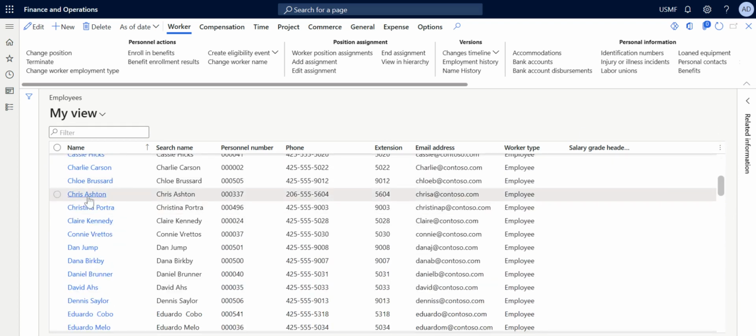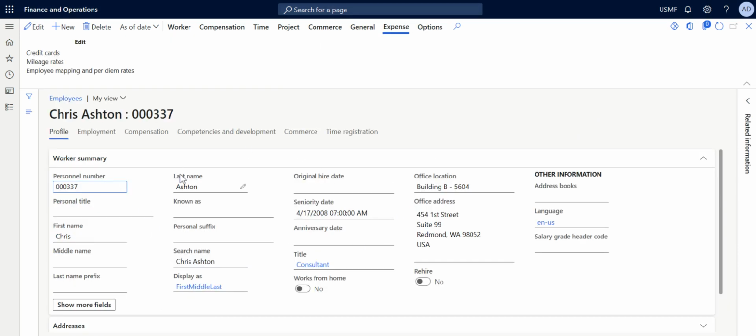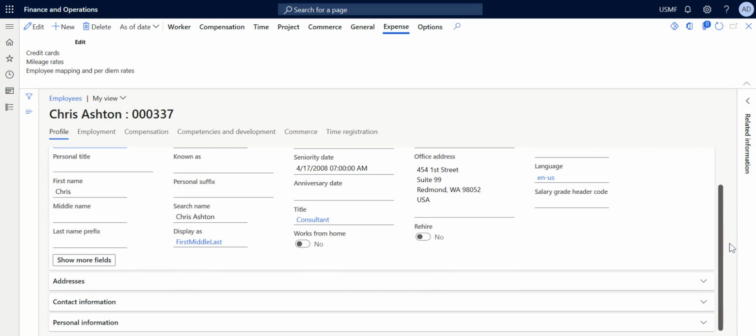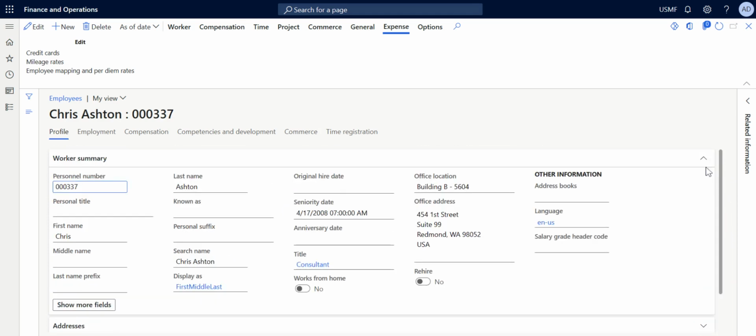Once you click on any particular employee, you can get the details of their information other than the ones displayed there. You can get their address, their contact information, their personal information, coupled with their first name, last name, and middle name. Then you can also add a new employee